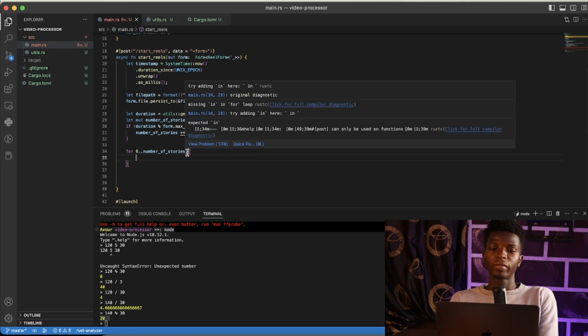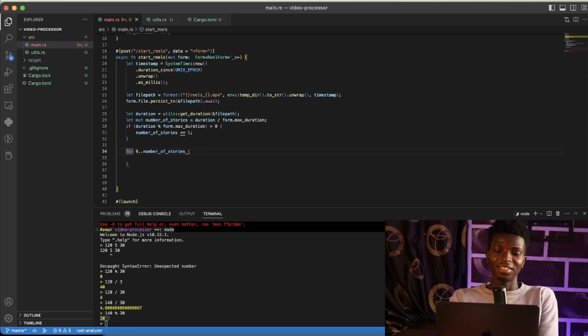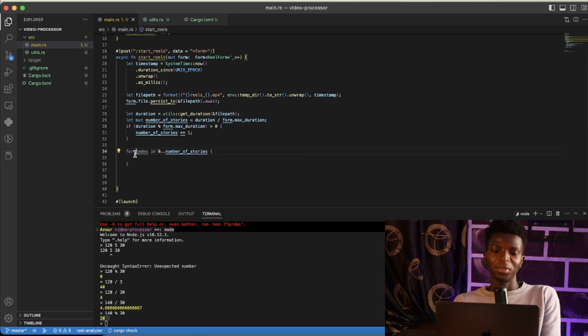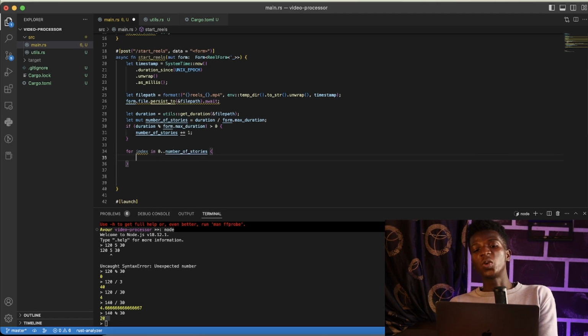So I believe that's how you did it, for let's say index in number of stories. That's good. So then we now need to call a new ffmpeg command to cut that